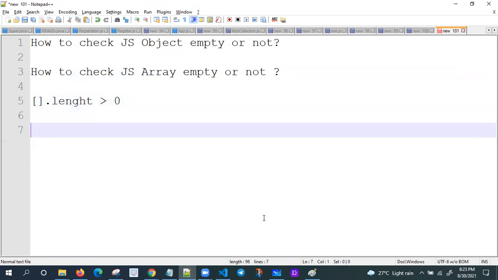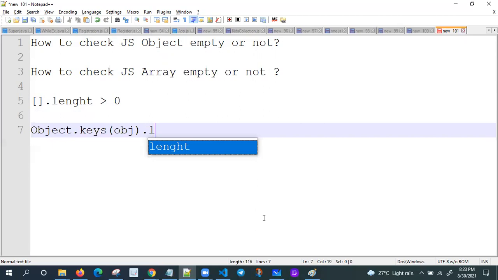But in the case of an object also, it is very simple. We have the Object class, Object.keys. You need to pass your object name, obj name. It's going to return an array only.